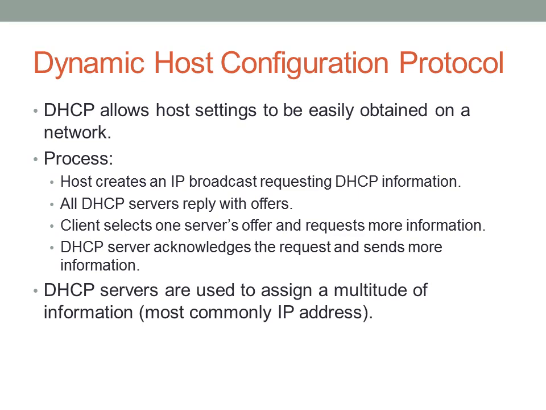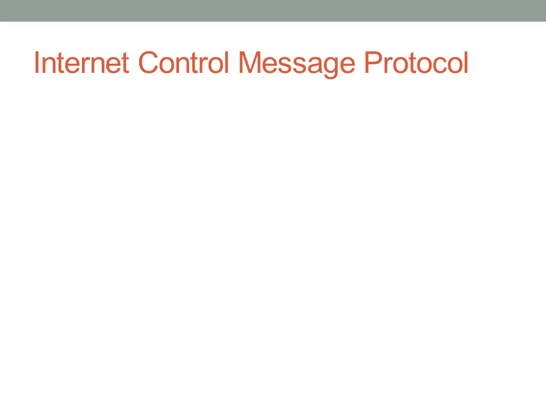DHCP servers are usually used to assign a multitude of information, and actually there is a large number of things that you can do with DHCP. I'd encourage you to look into DHCP options if you're curious about the wide variety of things you can do with DHCP. ICMP is actually one of the most useful protocols when it comes to troubleshooting Layer 3